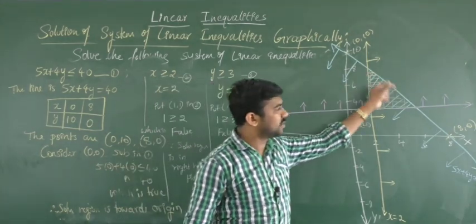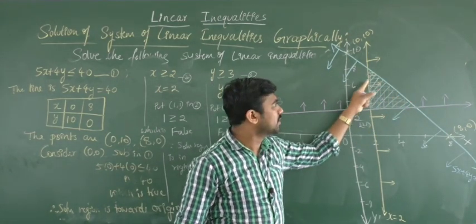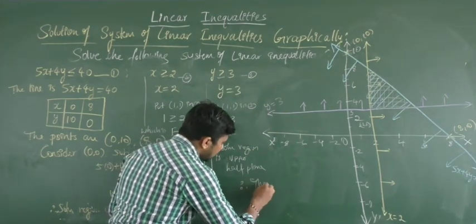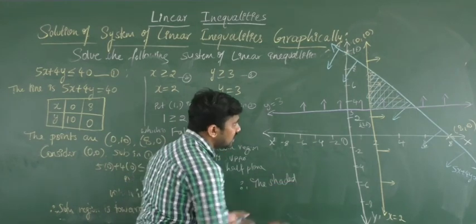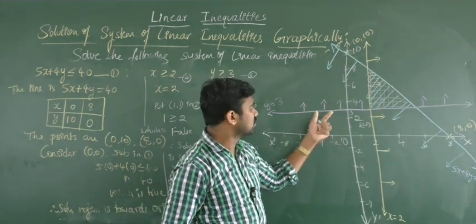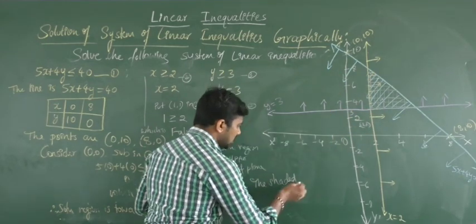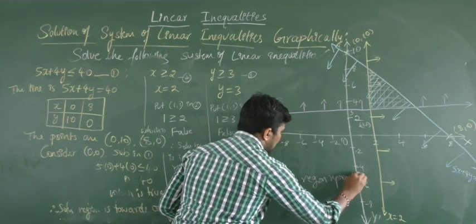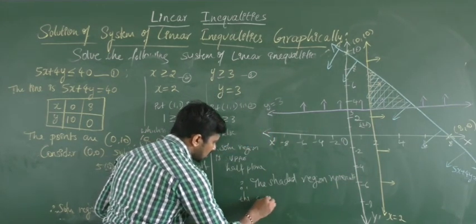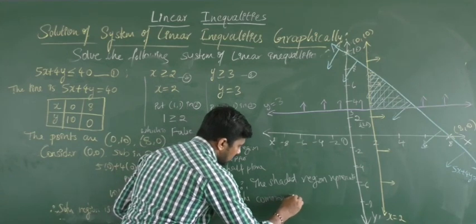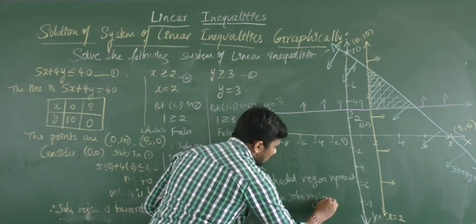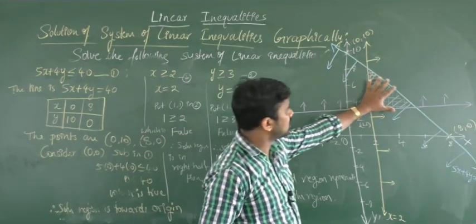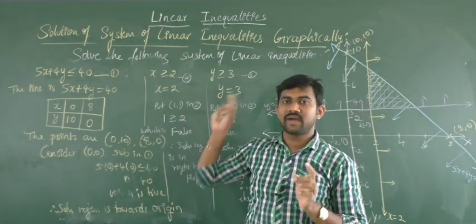Okay, you can shade this also by using your pencil, or else you can draw lines like this. Okay, now you can say here at the end, the shaded region represents only this region I shaded, not the other region. Okay, so this I just gave with arrow marks. So the shaded region represents the common solution region. Okay, like this. Is it clear? This triangle is the common solution region of these inequalities.